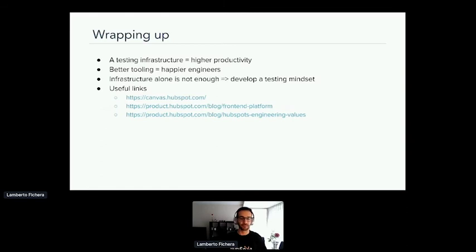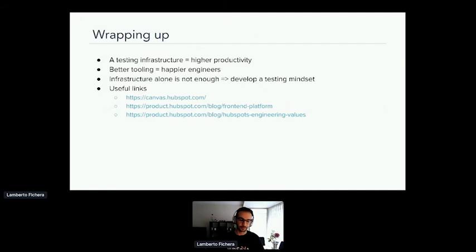And just again, to wrap up, we just want to say that if you do have a testing infrastructure in place, that leads to higher productivity overall, because you're removing the burden of figuring out some details from your developers, and you can allow them to just focus on the bits that matter.